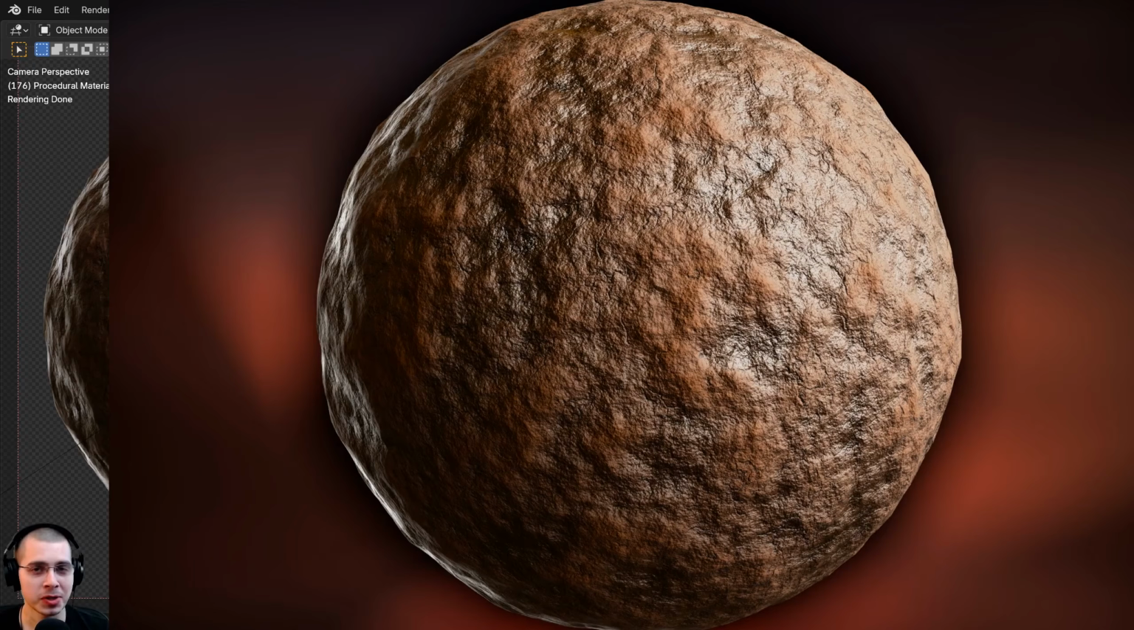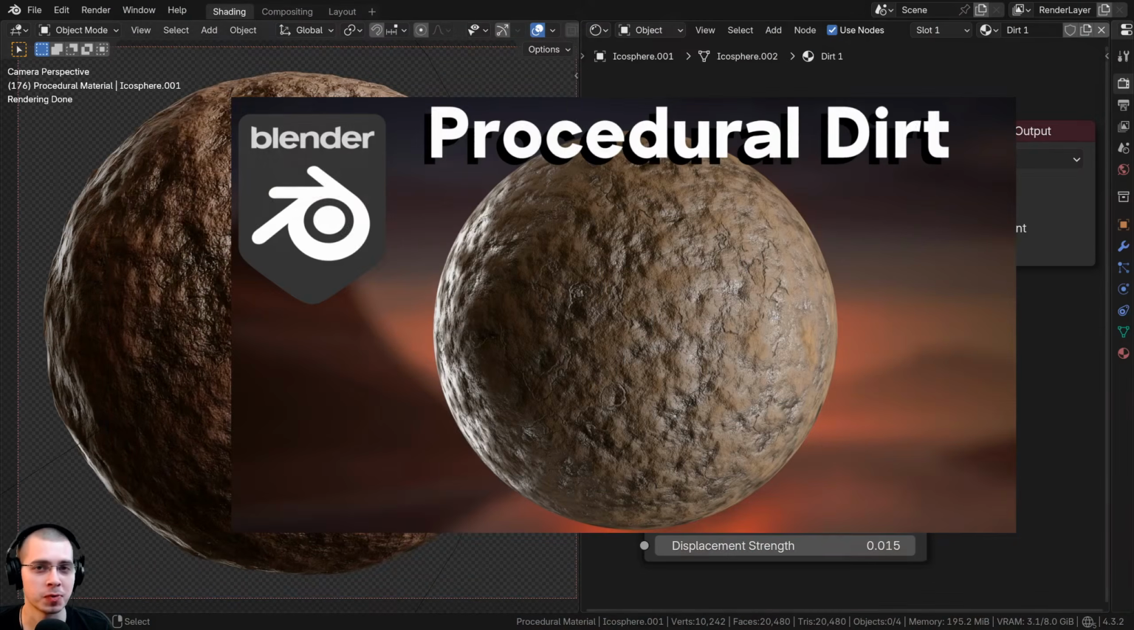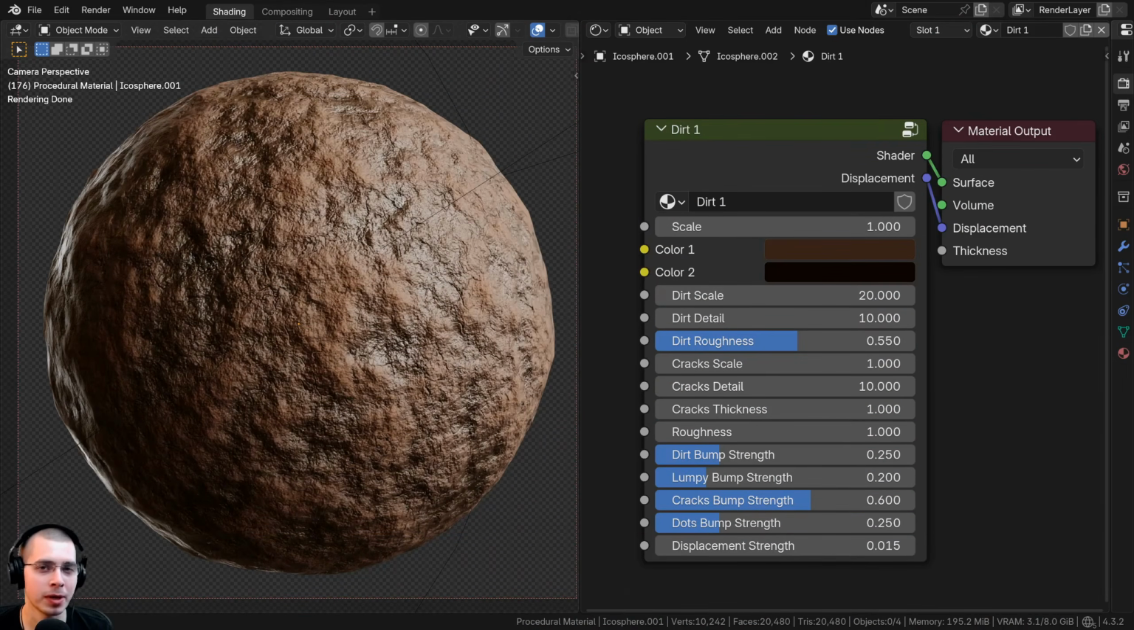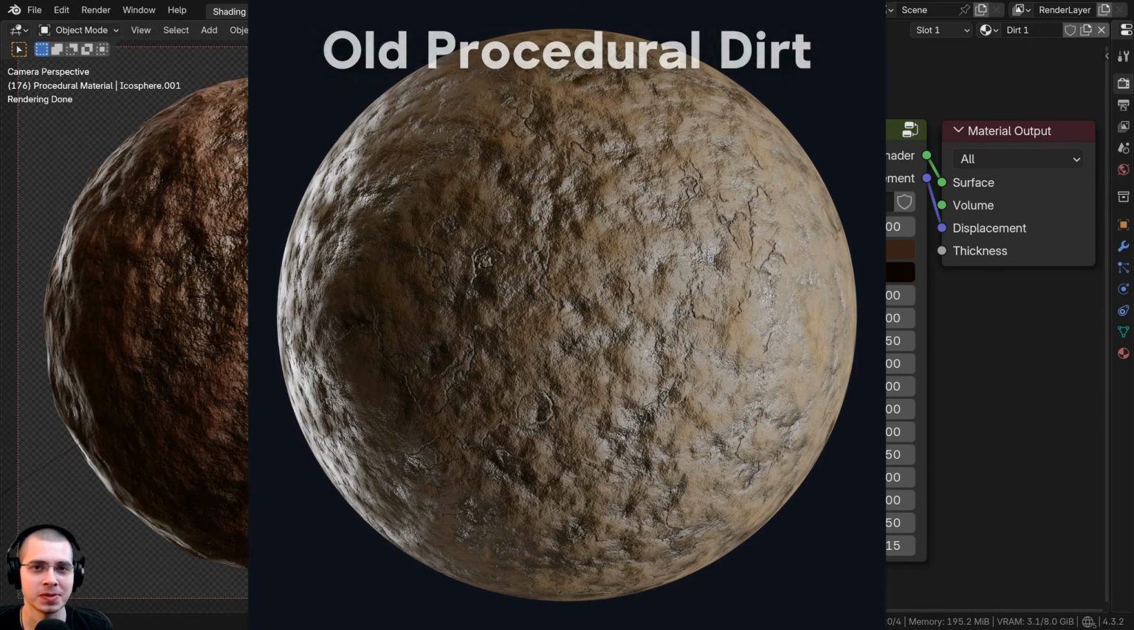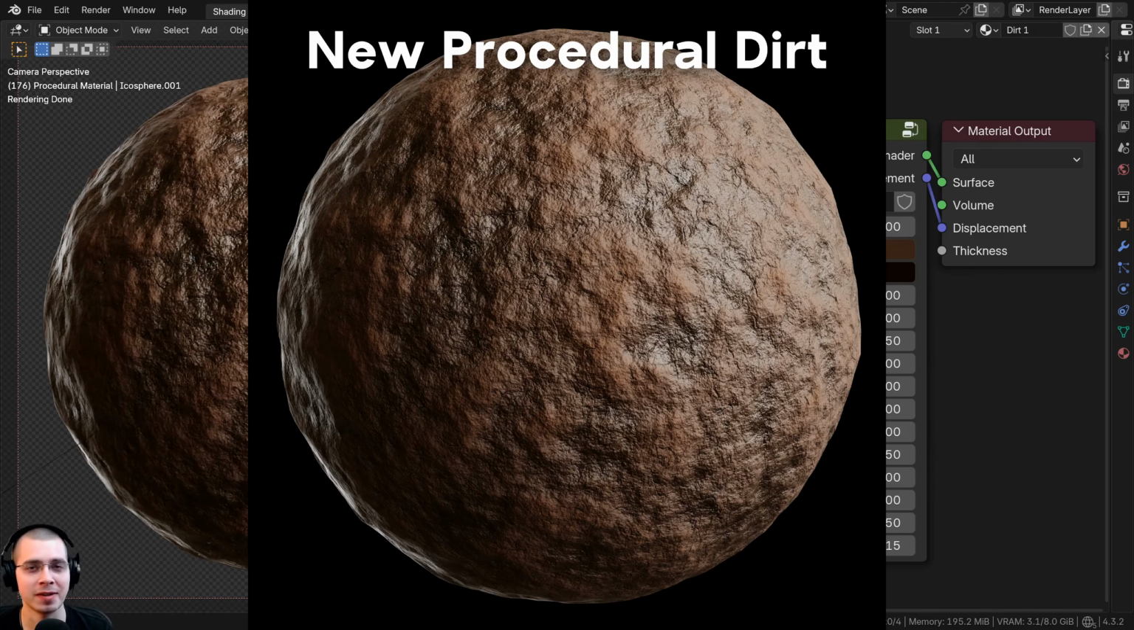In this Blender tutorial, I'll show you how to create this procedural dirt material. Now this material is actually an updated version from my very first procedural dirt material, which I created over 4 years ago. So I've gotten some requests in the comments of my videos to update my old procedural material tutorials. And I think that's a great idea because I've definitely improved my skills over the past 5 years of making